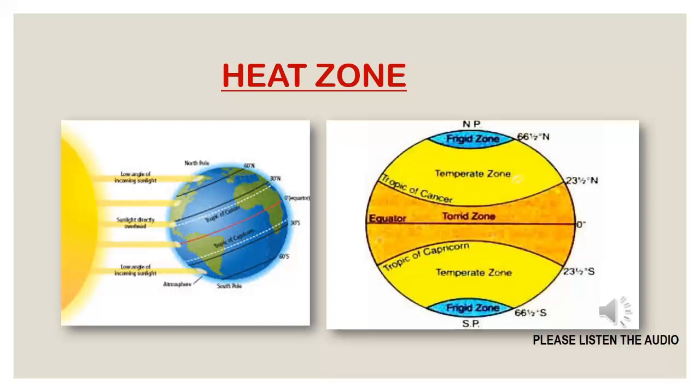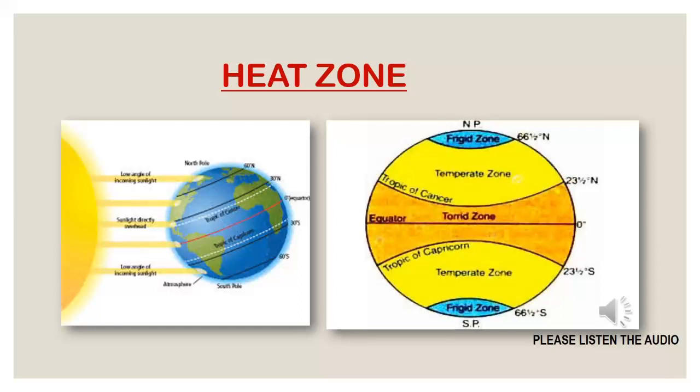According to that, there are a total of four important latitudes through which heat zones are classified. Generally, the parallels divide the earth into various heat zones. Different zones have different types of vegetation and climate. Therefore, they are called climatic zones or heat zones. We have three major heat zones. The important latitudes and the heat zones are shown in these pictures.